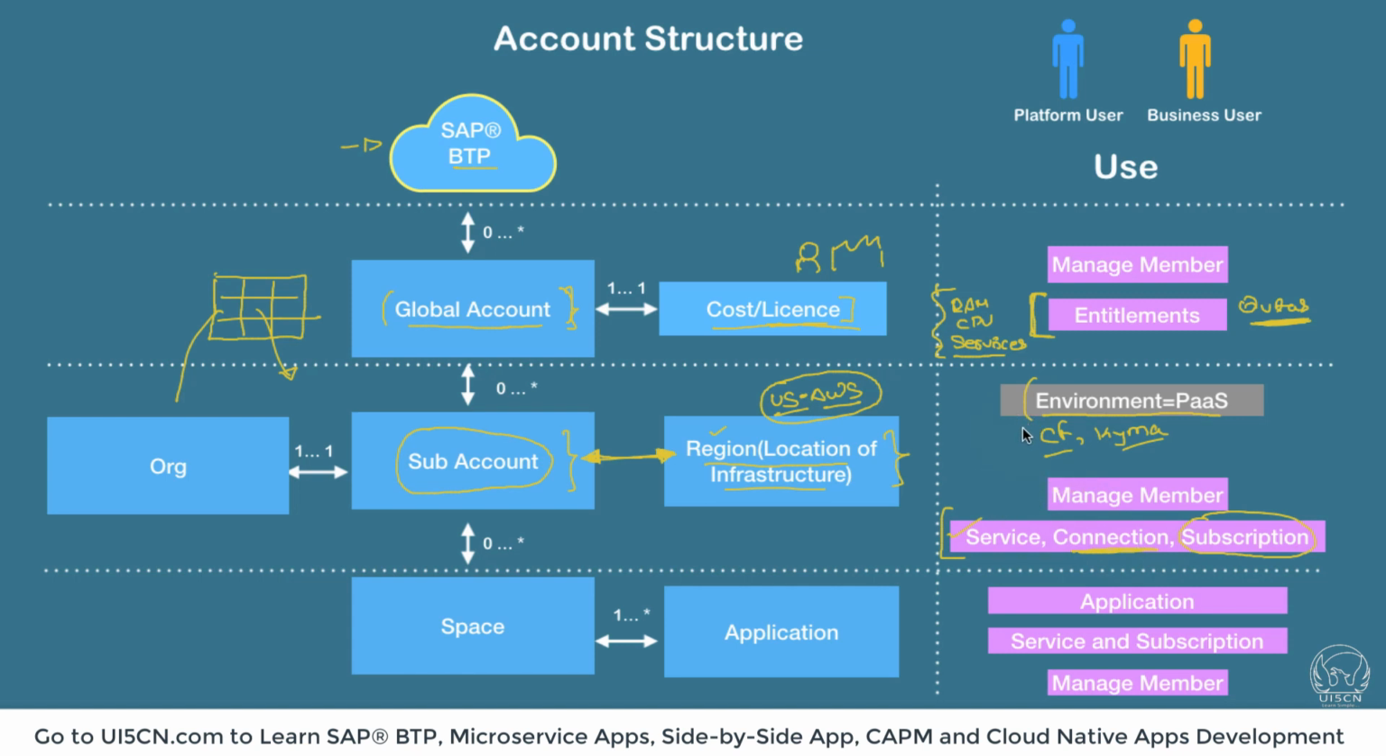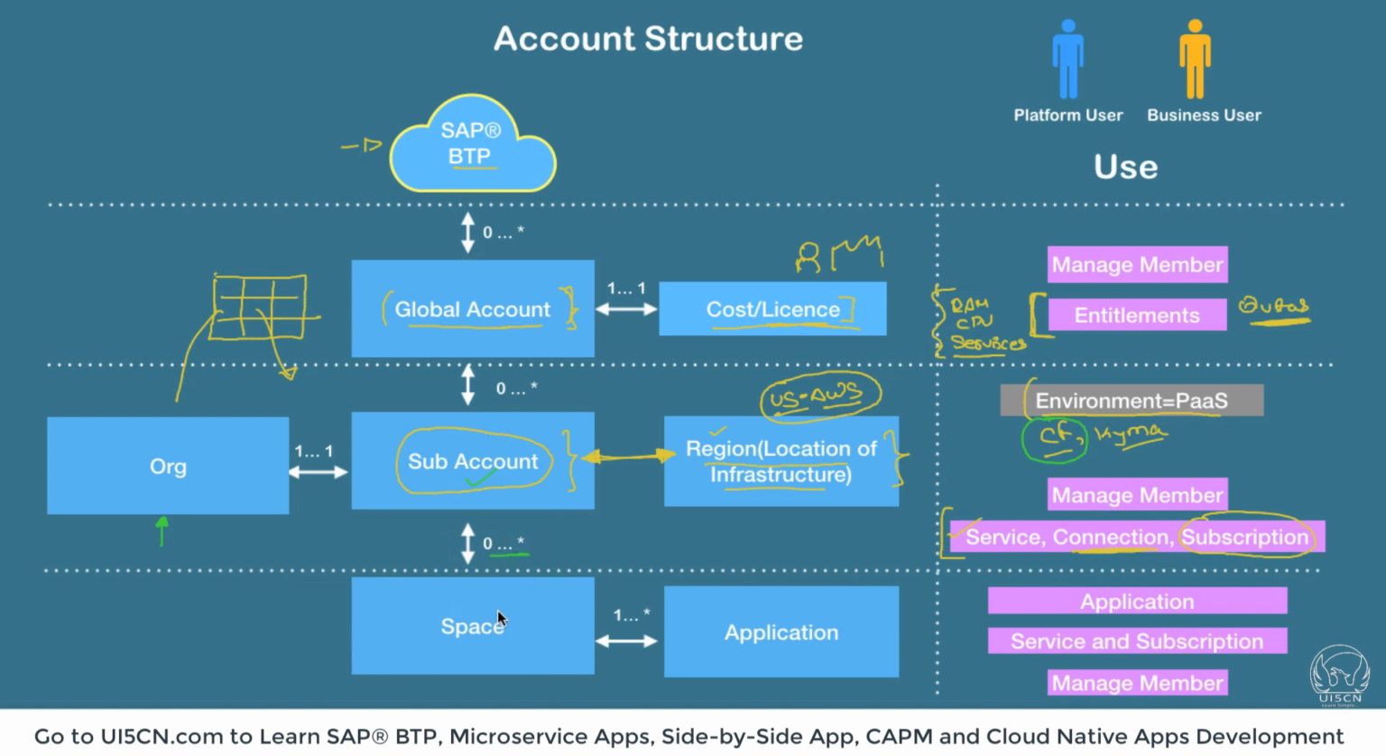Now whenever you create a Cloud Foundry environment within your sub account, you will be also creating an org. So the org is getting created whenever you create the Cloud Foundry environment within your sub account, and the sub account will have one-to-one relationship with your org. So this is fixed. Now inside your sub account, you can further subdivide a particular sub account into multiple spaces. So this is 0 or many. So the sub account can have 0 and star, like many